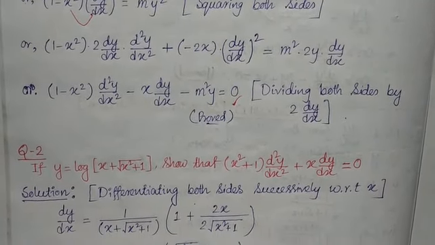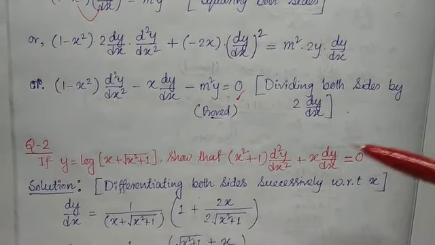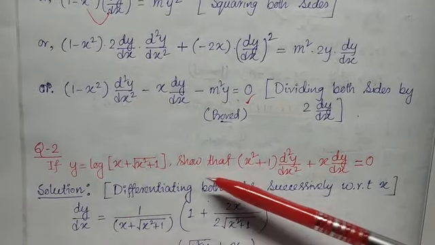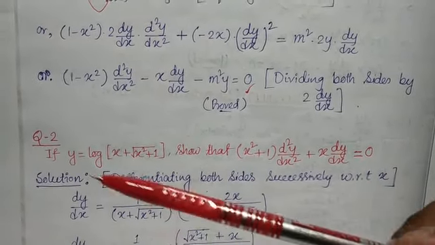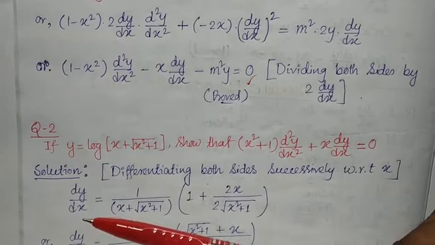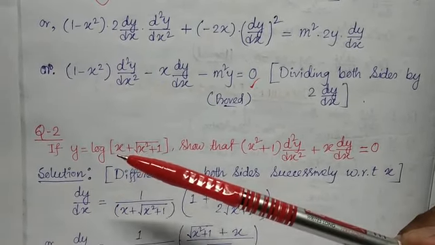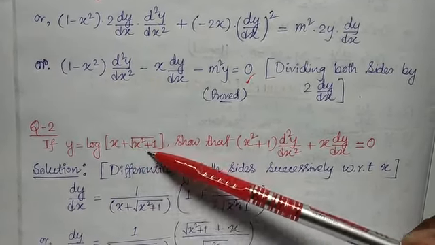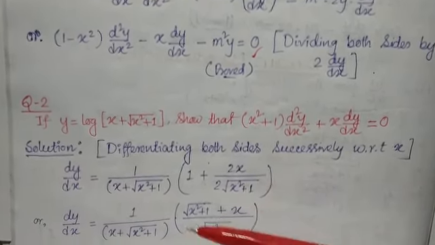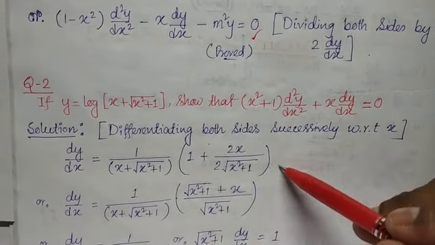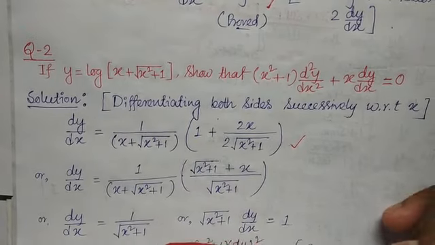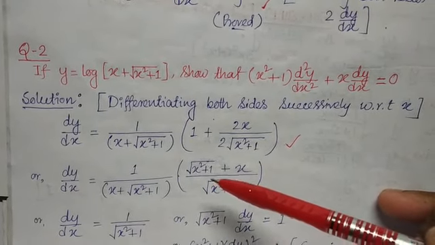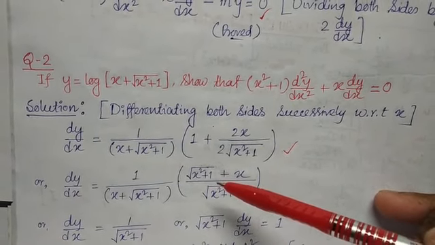If y equal to, these are very important questions I have shown. So if y equal to this, then this equal to this. Same. First you have to find dy/dx, first order differentiation. First you have to differentiate the log function and then the differentiation of this function I have written. After simplification, see, this step is important. After simplification this has come. After simplification, see, that is the calculation after taking LCM and all.